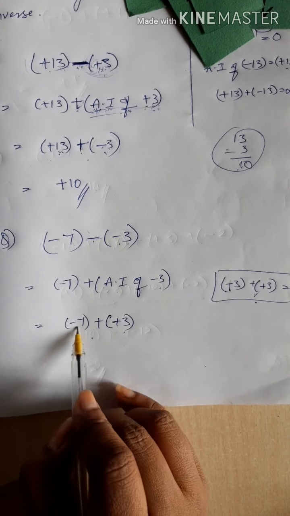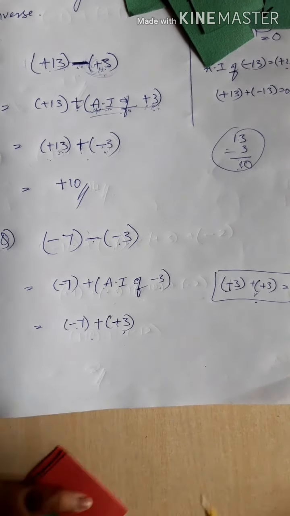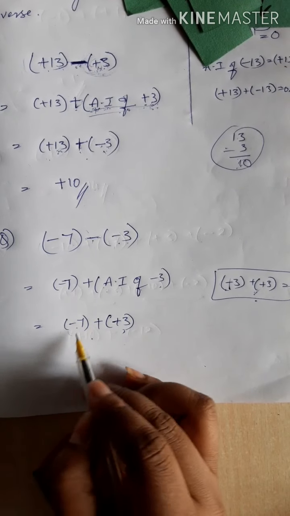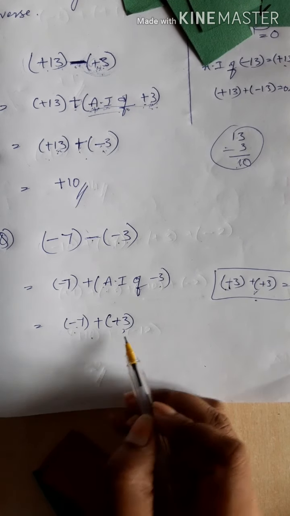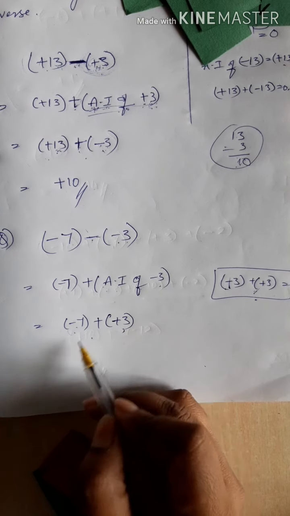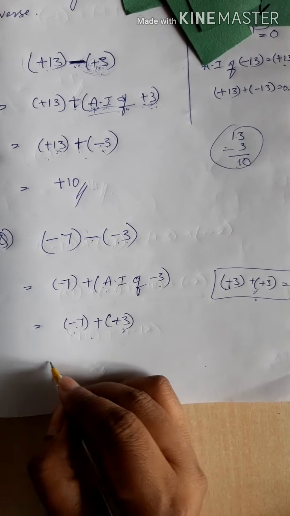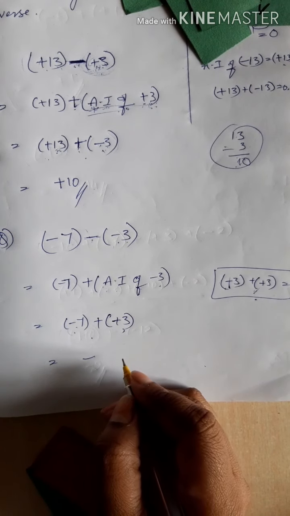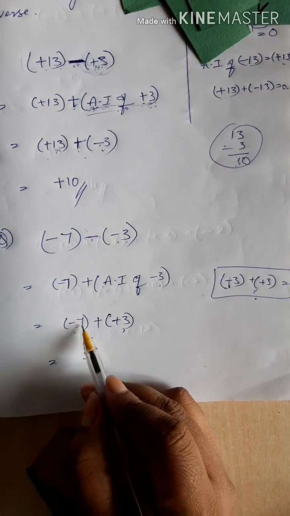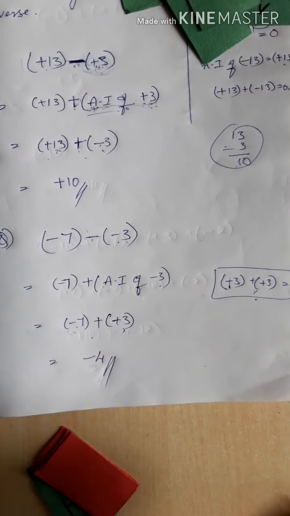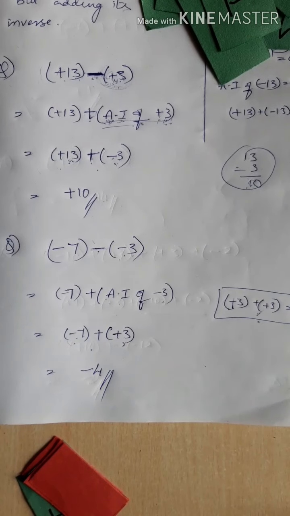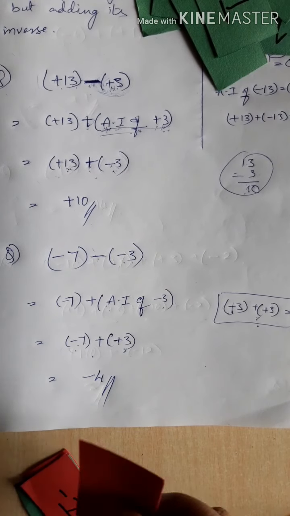So one negative number, one positive number are there. How many negative numbers are there? I mean, how many cards can we take? 7. And here green cards 3. Which number of cards is more? 7. So the answer also you are going to get in red cards only. 7 minus 3 is 4. Minus 4. Understood? Still, if you have not understood, let me take cards.